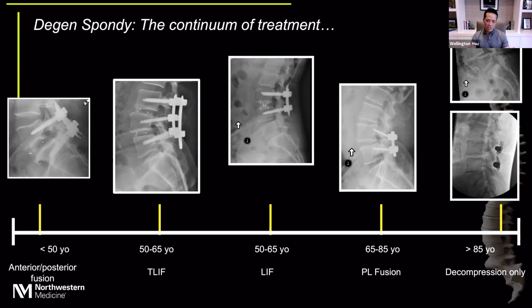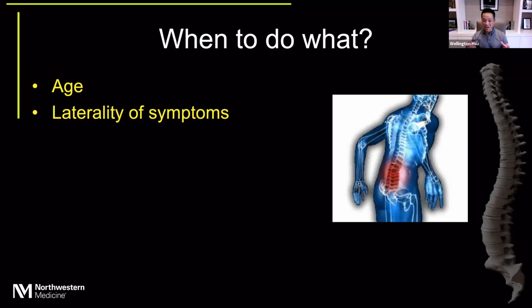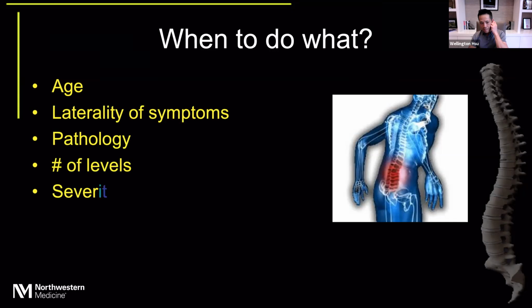But with each of these decisions comes a cost, and it comes at a cost of complications that we'll go through for each procedure. So we can't make these decisions haphazardly. We have to think them through, and we have to come up with an algorithm that will work for every patient that walks through that door. When to do what? Well, it depends on one's age, their laterality of symptoms. If they have bilateral symptoms versus just one side, I'm thinking one type of interbody versus another. What type of pathology they have, the number of levels of surgery, the severity of their stenosis, and then finally